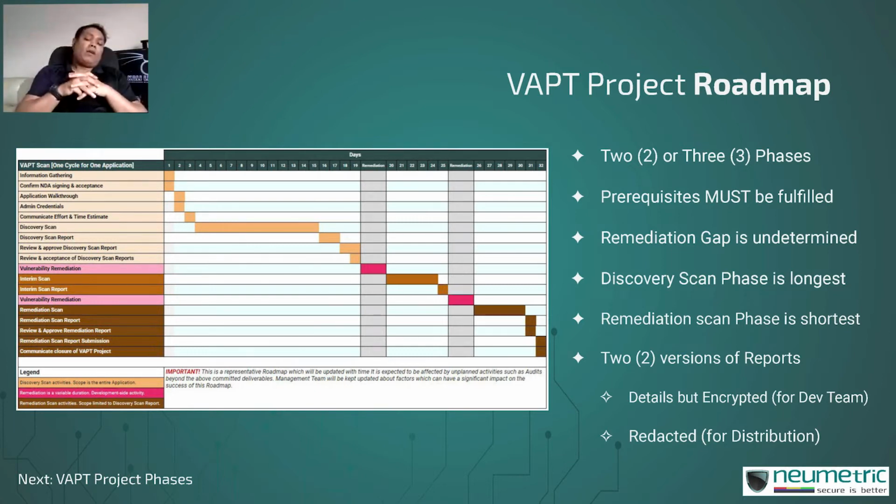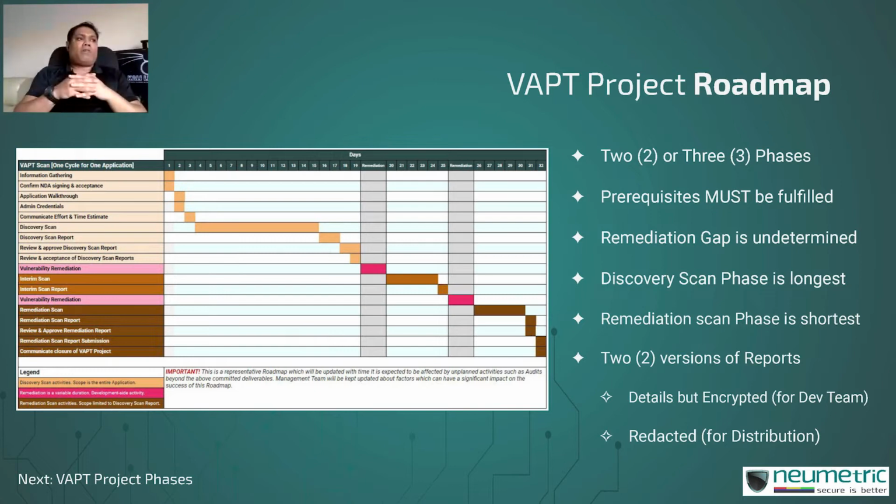And finally, one important thing for the security team, once you have completed the scan, you will be creating a report. And this is one common mistake that I have seen in several VAPT reports that I have looked at, which is that the detailed vulnerability reports are not encrypted.